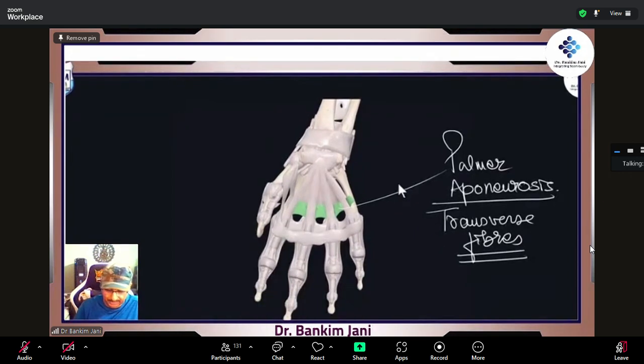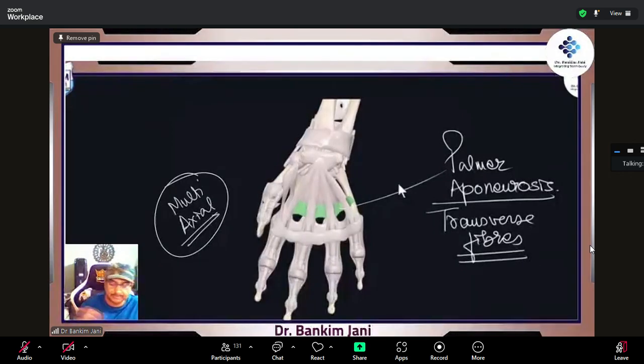And see over here, we have not yet put in muscles, right? This is just connective tissue. So the more movement a body part has, the more complex it is. The more axes it works on, the more it is a multi-axial system. Our hand is a multi-axial system. So that's why there are more joints, smaller joints, but at the same time support has to be given,